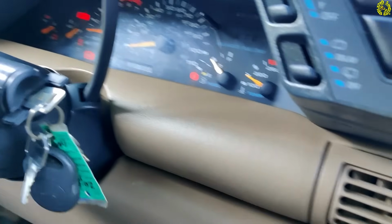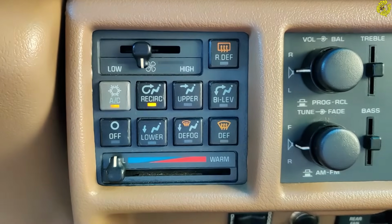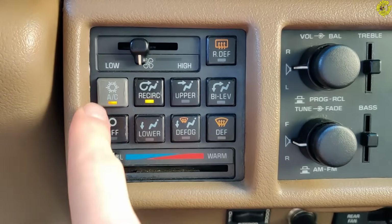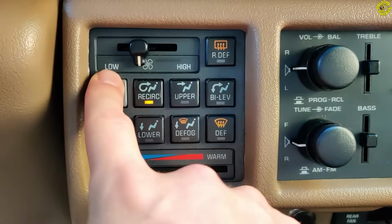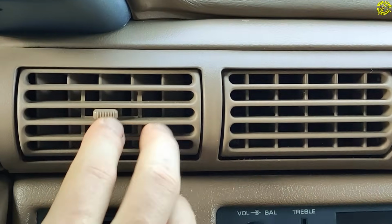Let's go ahead and press some buttons now. Pressing the recirculate button is the quickest way to cool off your vehicle on hot days. The AC will automatically stay on to condition the air. Now the air comes out through those vents in here that you can adjust